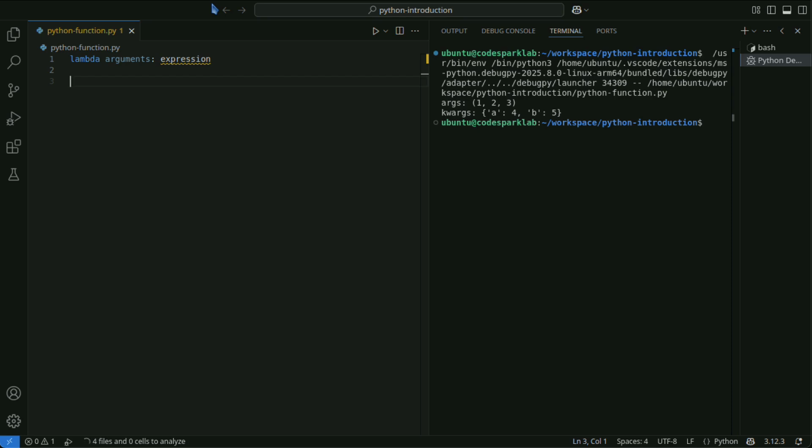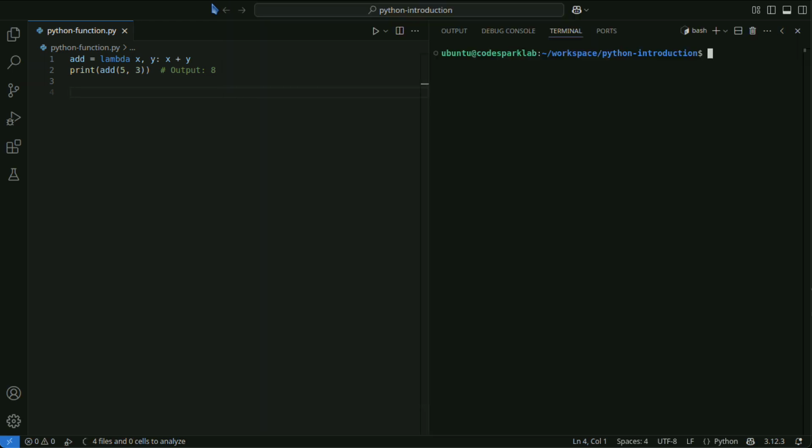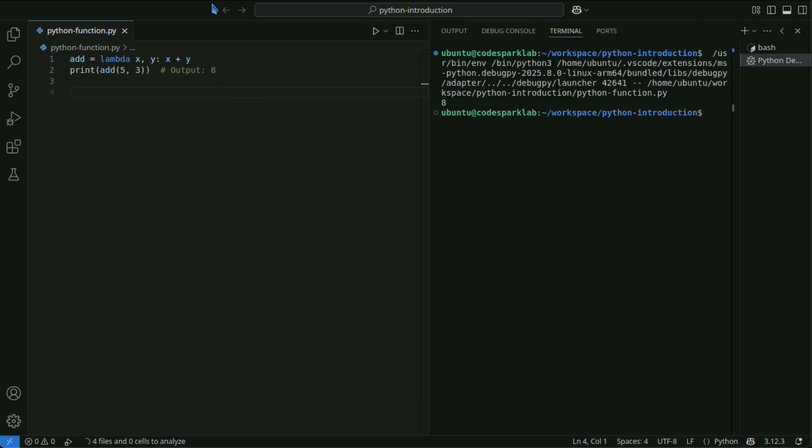For example, the following code defines and executes a lambda function that adds two numbers. In this example, lambda x, y: x + y is a lambda function that takes two arguments, x and y, and returns their sum.